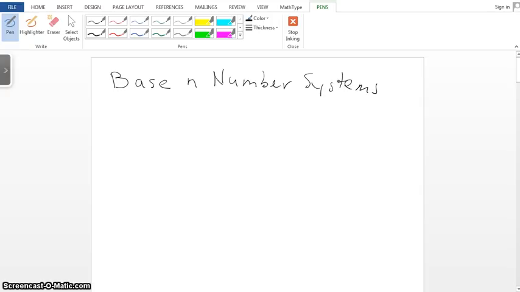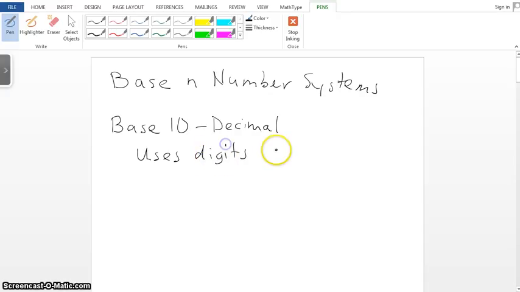Okay, I'll try to write legibly. Alright, let's start off with base 10. Base 10 is called the decimal system. And this is what everyone grew up with. This uses the digits 0 through 9. So for example,